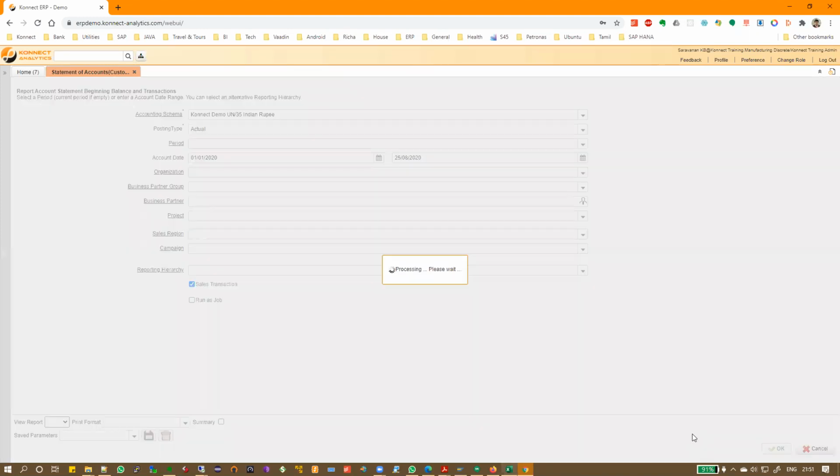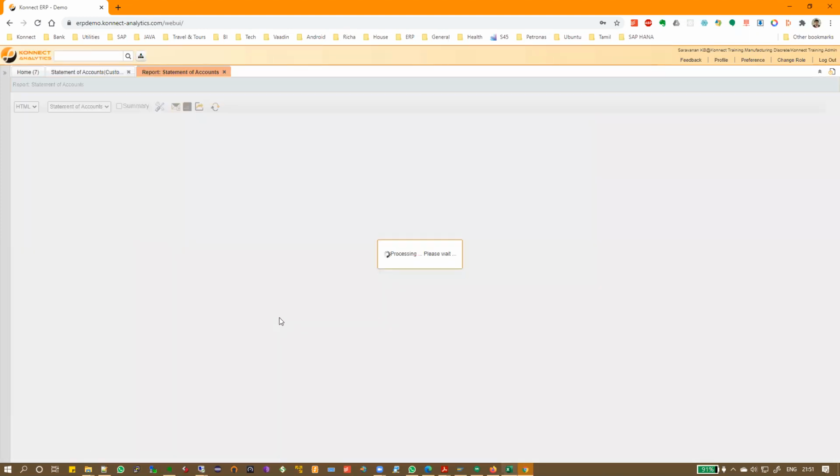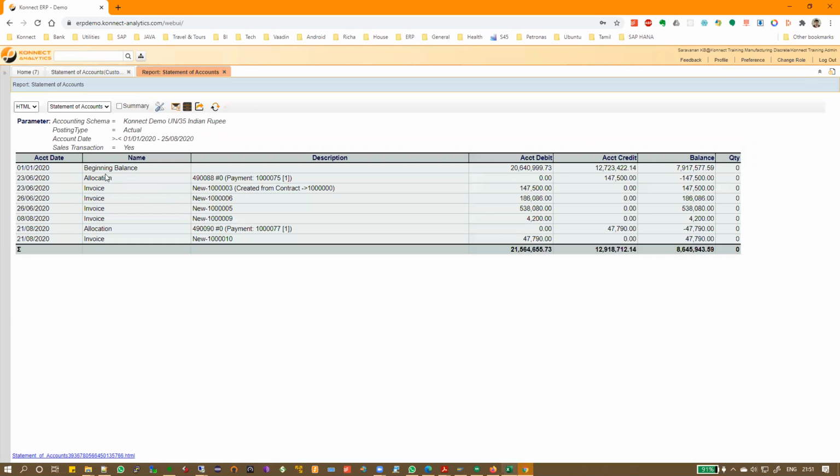Okay. So this will show me all the customers. Okay. What was the beginning balance total? As of 1/1/2020, what is the opening balance? What is the debit? What is the credit? And what is the closing balance? Okay. So this is something like our this book.